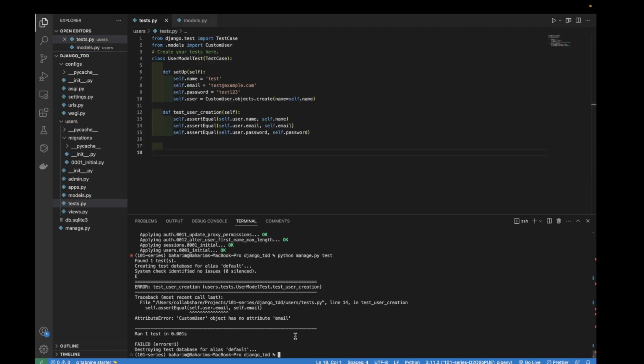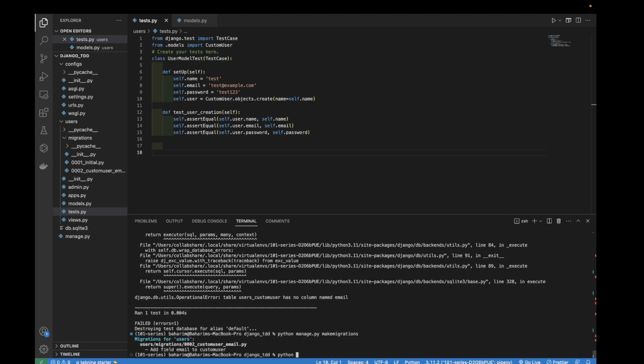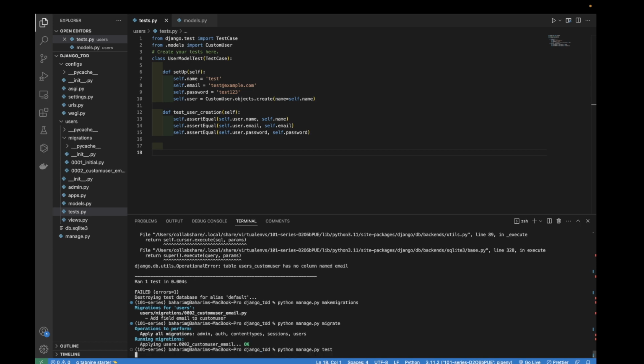Let's run the test, and again we need to apply migrations because the email field or email column is not yet in the custom user table. So let's run python manage.py makemigrations, python manage.py migrate. Now if we run the test again,